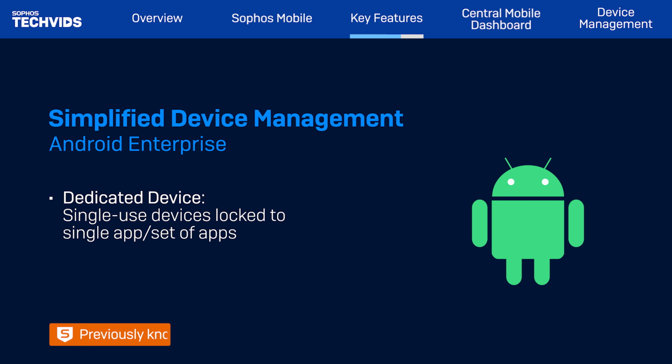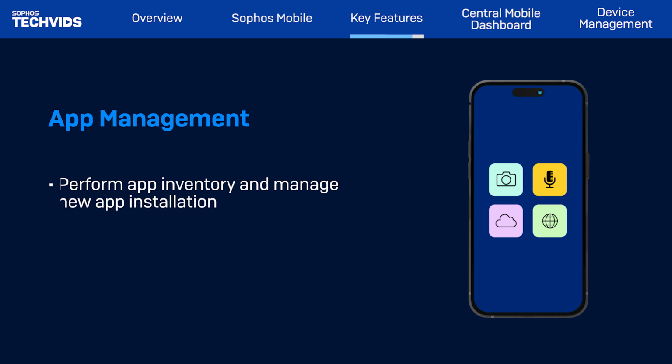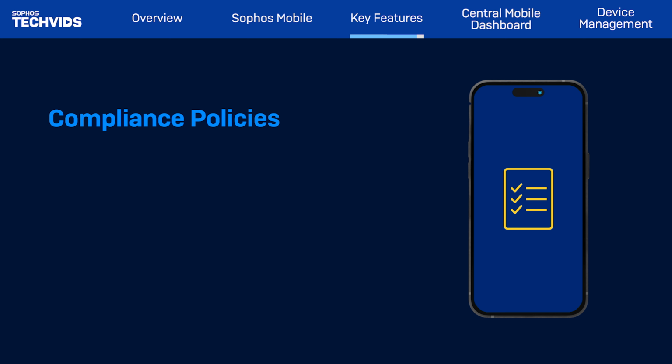Sophos Mobile uses policies to configure mobile devices. These can be grouped with other actions, such as installing apps in an ordered set of actions in task bundles. Sophos Mobile allows administrators to perform an inventory of applications on a device and manage the installation of new applications. You can configure apps to make them available for installation. Compliance policies in Sophos Mobile help ensure mobile devices are used appropriately, both from a security and business policy perspective. With compliance policies, you can allow, forbid, or enforce certain features of a device. You can also define actions that are executed when a compliance rule is violated.